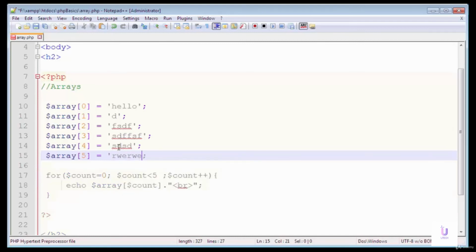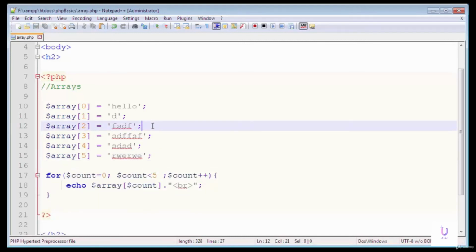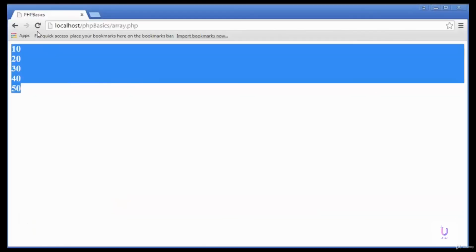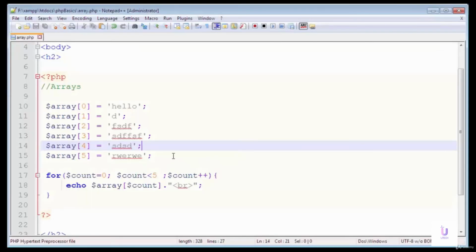So here you can see that we can also save integer values, decimal values, or any string values inside arrays. Now I'm gonna save this file, open it in the web browser, and refresh the page. Here you can see that string values are displayed on the web browser.